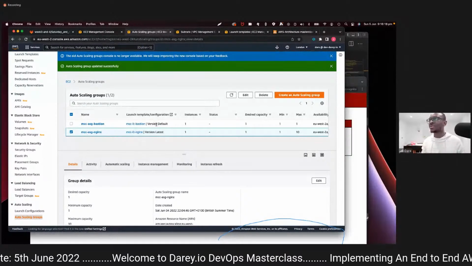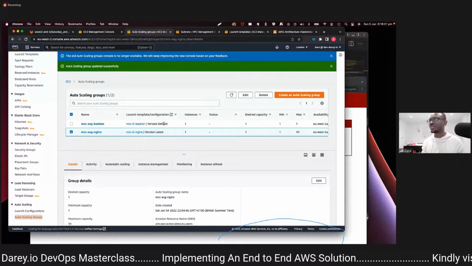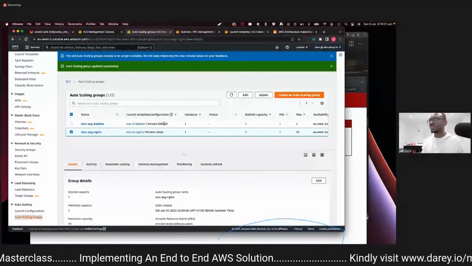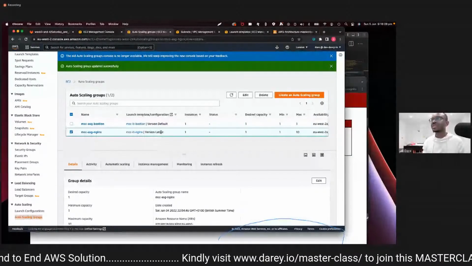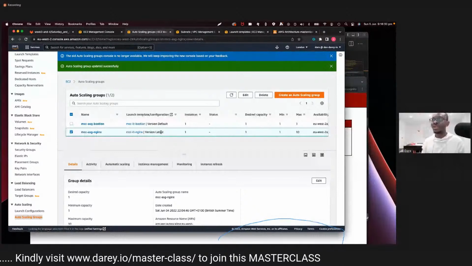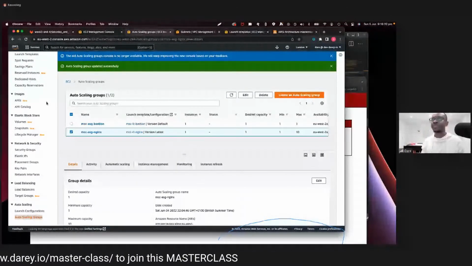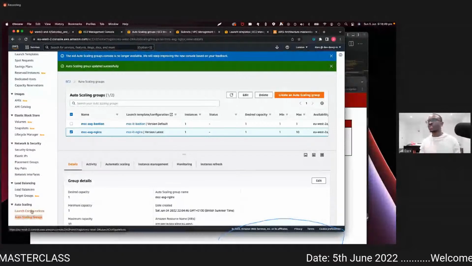It's because if you look at the Bastion one, the version is set to pick up the default, and the default can be the very first one. But if you always select the latest, anytime you make updates to your launch template, it will always pick up the latest version. That's what makes it different from launch configuration,